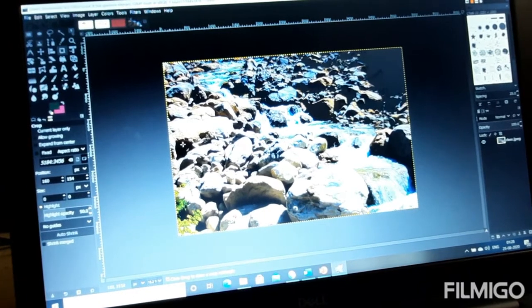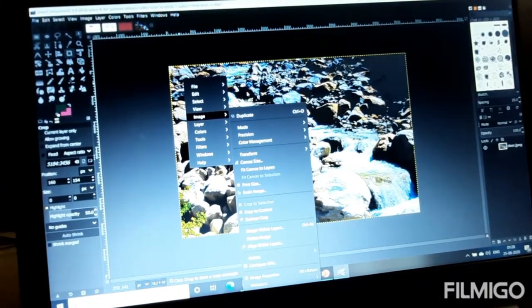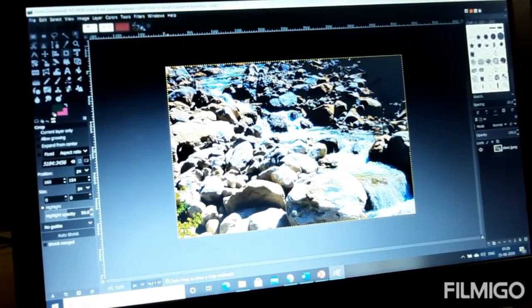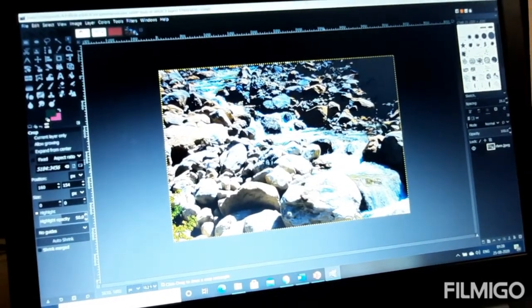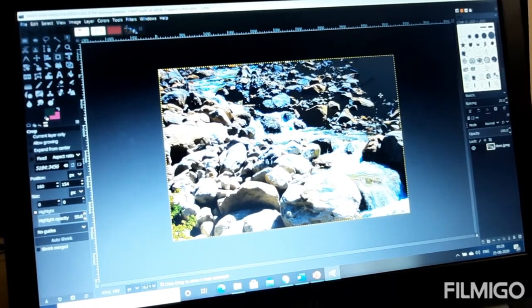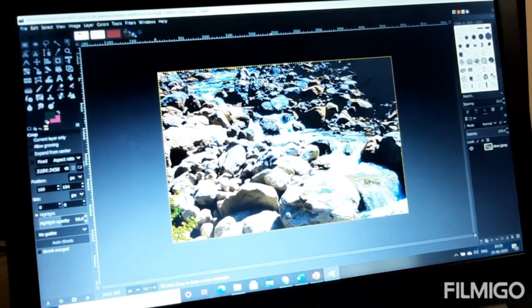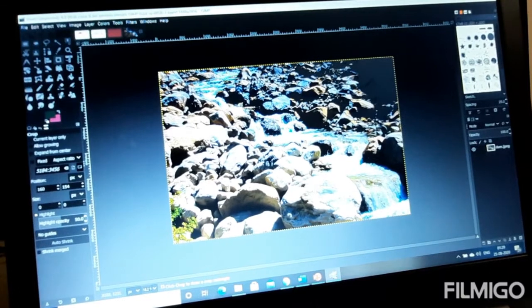Now I have to crop. Now I have to select. If I want this part only, not above, this part of the image.